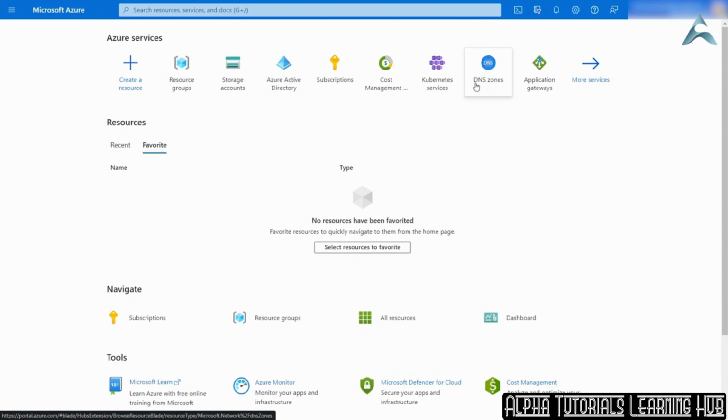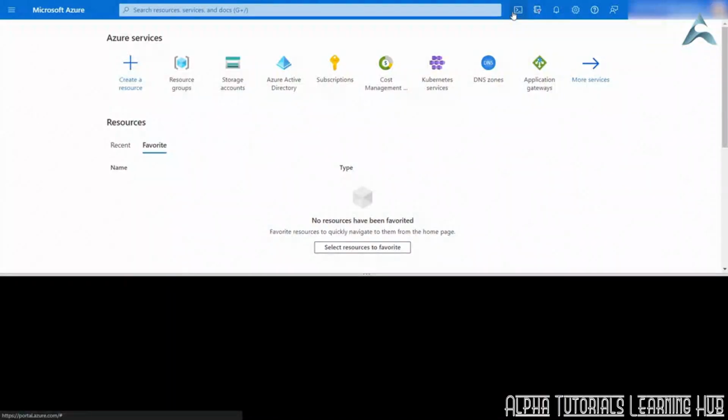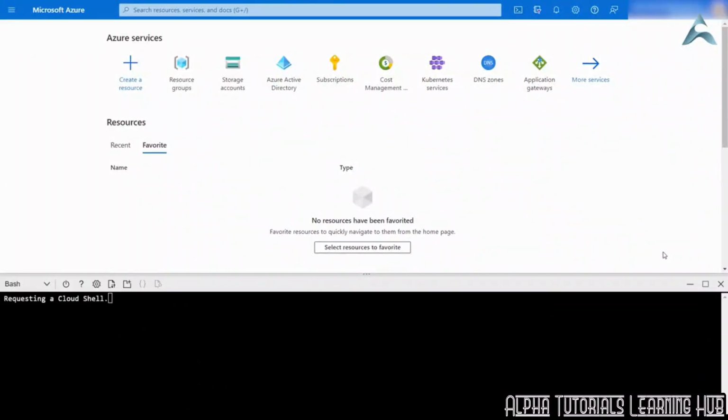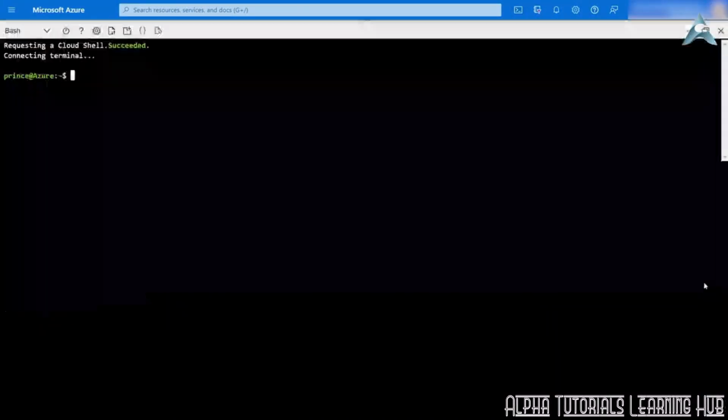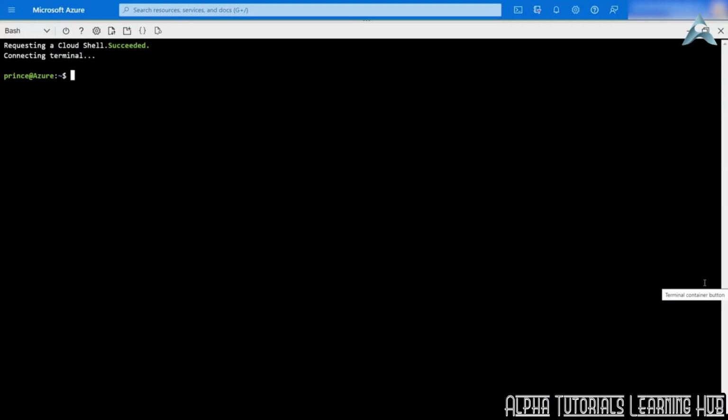To access Azure CLI, just after the search bar at the top of the portal, click the Cloud Shell icon. I'll need to maximize this, so click the Maximize button. And if this is your first time to use Cloud Shell in your Azure subscription, select Bash instead of PowerShell and click the Create Storage button. If you have multiple subscriptions on Azure, make sure you choose the right subscription you have access to for these